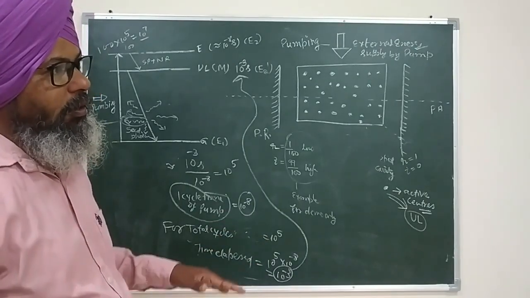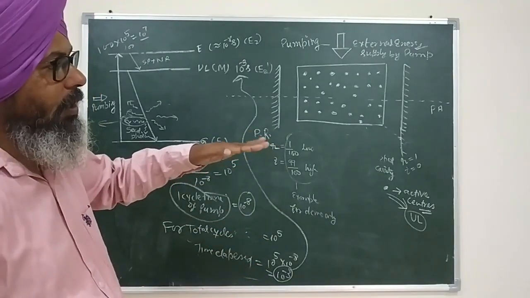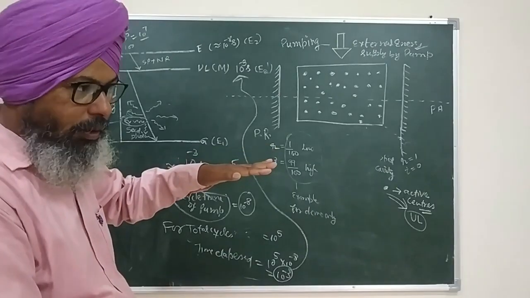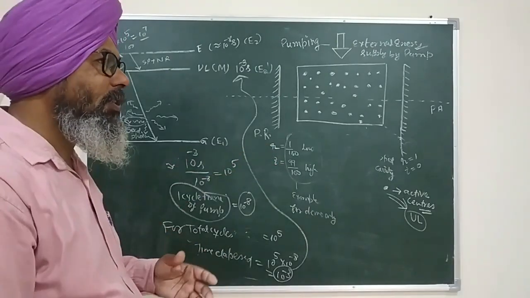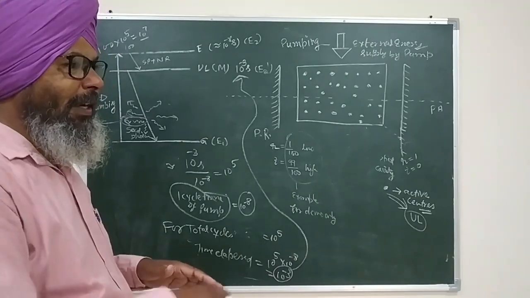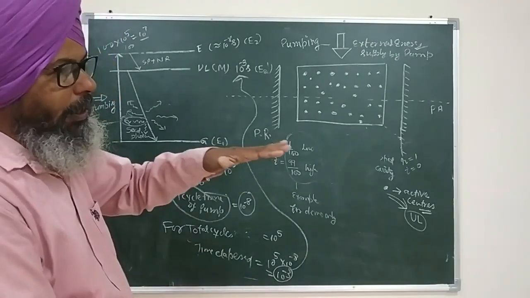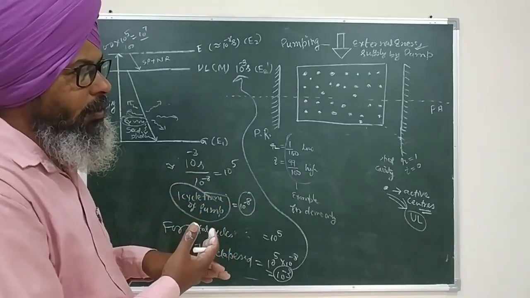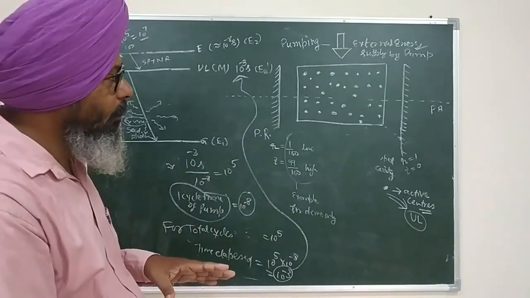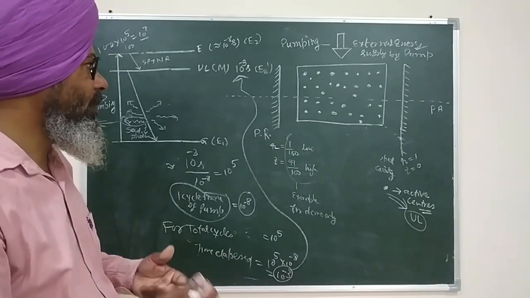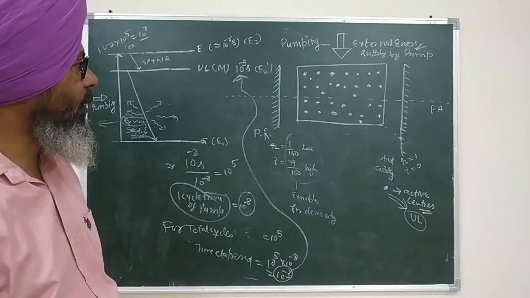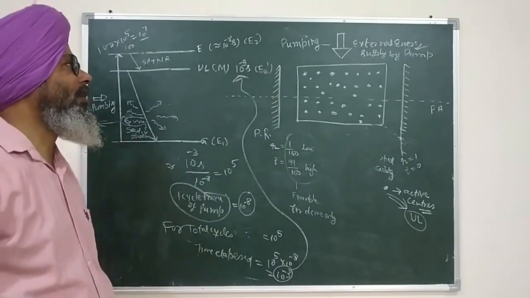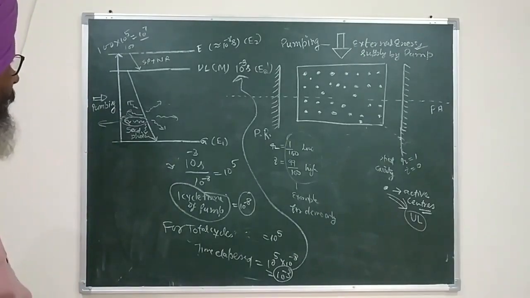So at a given instant of time, 70 chromium ions are active centers, and the remaining 30 are not. However, at a later stage, there may be 20 above and 80 active, and therefore 80 chromium ions will be active centers and 20 will be non-active. These active centers will continue to recycle with time because the pumping is on. Okay, now this was the discussion with one of the seed photons.